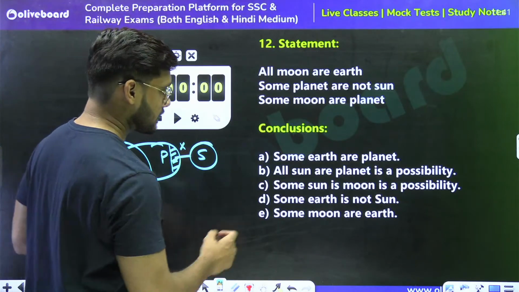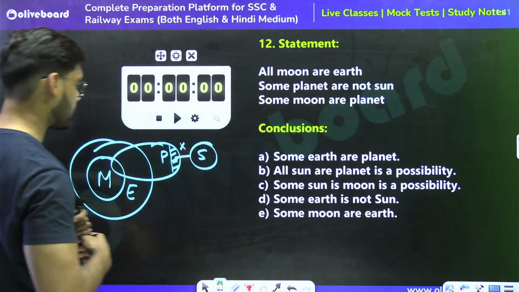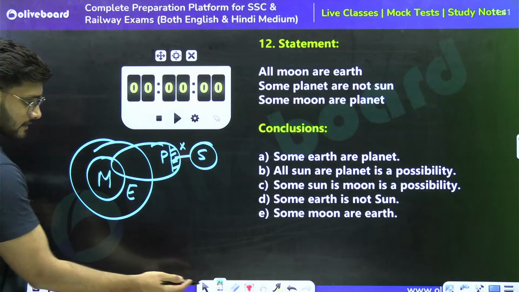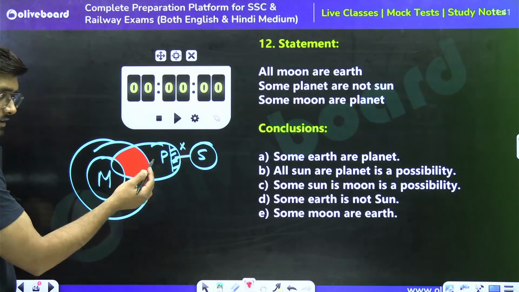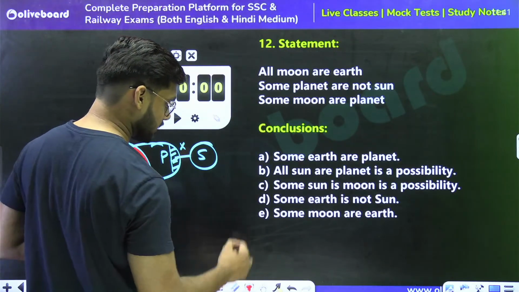Conclusion: some earth are planet. We can see that some part of earth, this part of earth, is having a relation with planet. So the first conclusion is